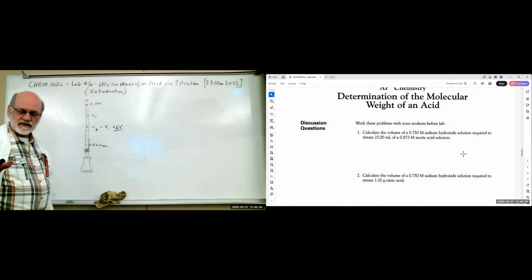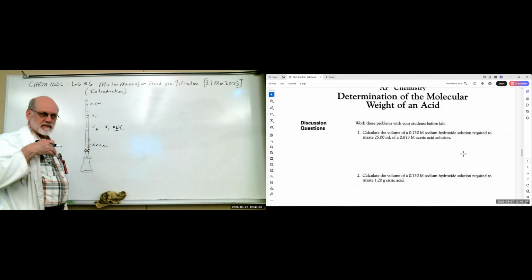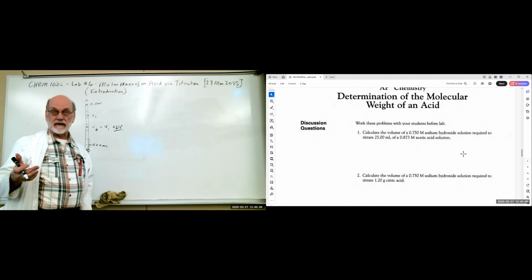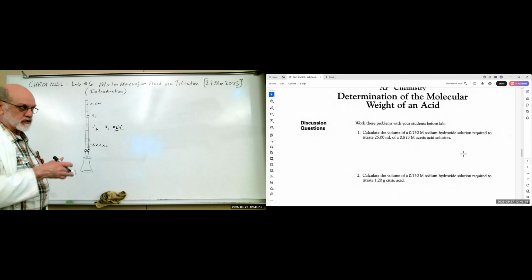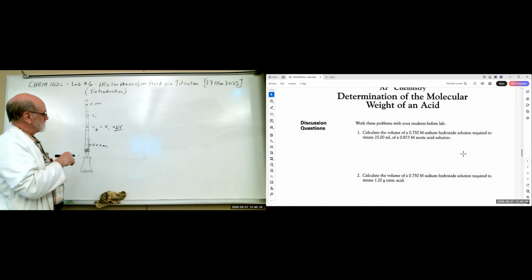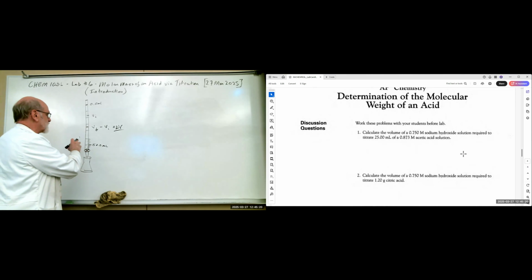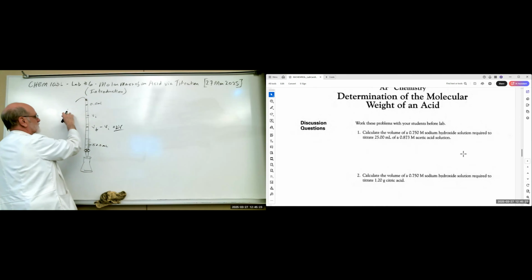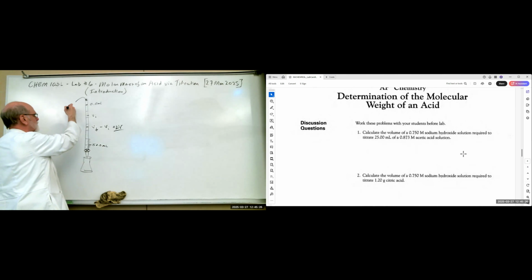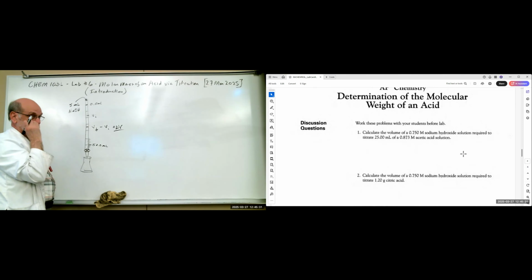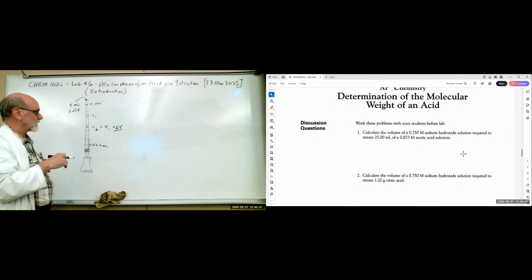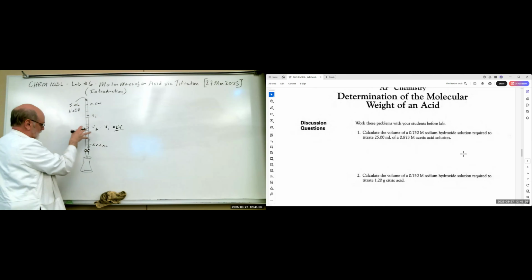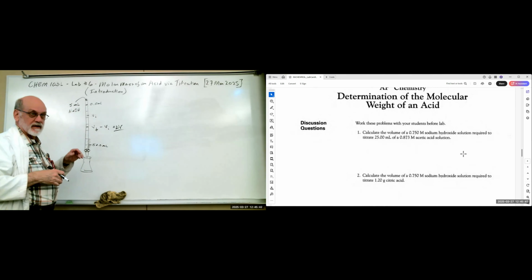Now, instructions are going to tell you how to set up, how to guarantee that your burette is clean. It may look clean, but the best way to do it is after you're sure it's clean, you'll introduce into this a certain amount. I think it's maybe 5 mils or so of your sodium hydroxide solution. Okay. And we're going to deliver sodium hydroxide into acid. Okay. So you just put a small amount in there, and then